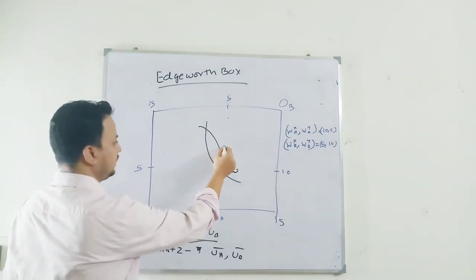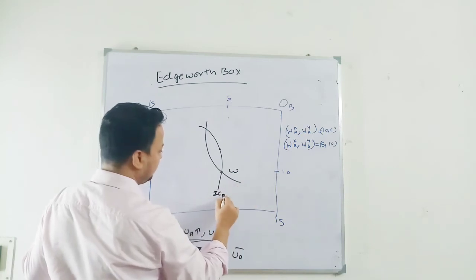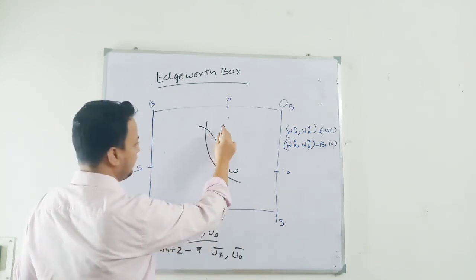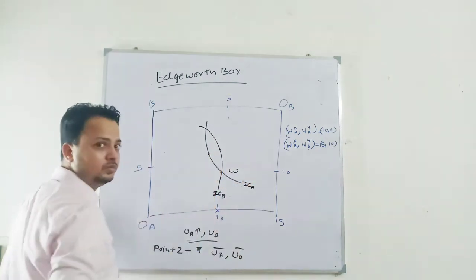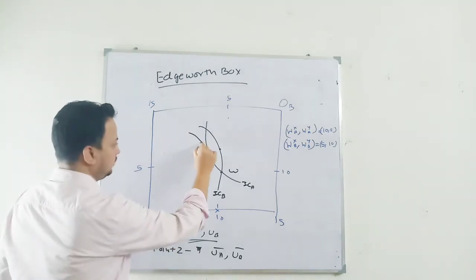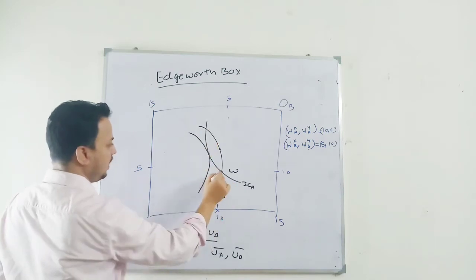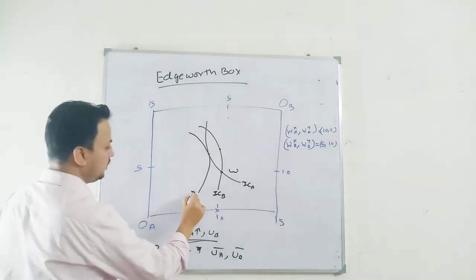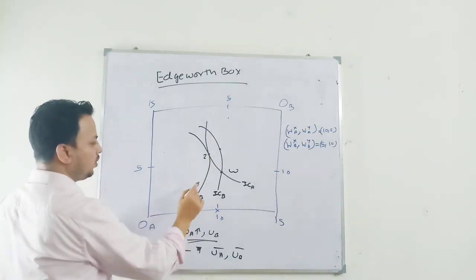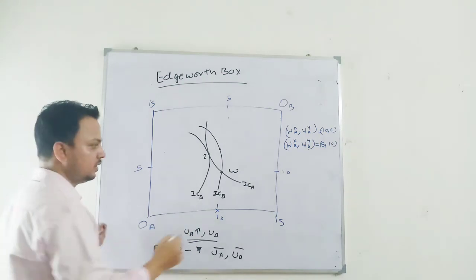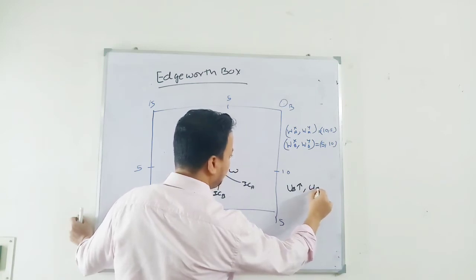At any point here, say point number 3, this is the indifference curve of B, so the utility of B will not change. I can increase the utility of A, right? Now look at point number 2. The utility of A remains the same along this curve as the initial endowment, but I am able to improve the utility of B. So it is possible to make B better without making A worse off.